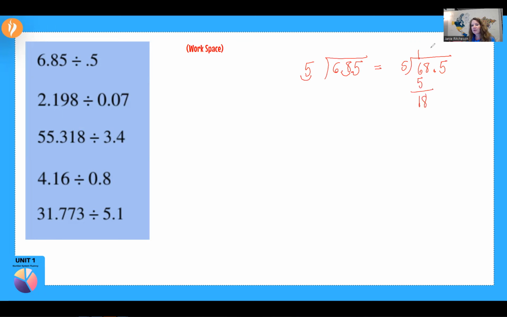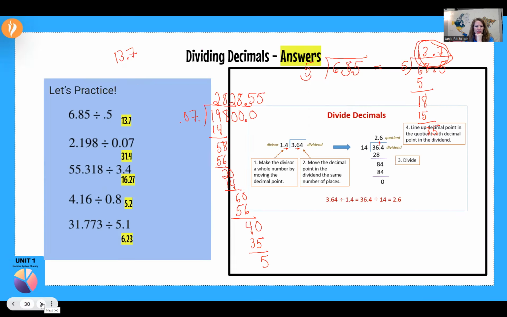All right, so 5 times what is 18? About 3. Subtract, bring down that 5. 5 goes into 35 7 times. Now, please make sure you bring that decimal straight up. Oh, so it's 13.7. 13.7. This is 31